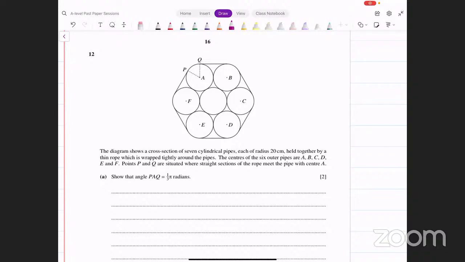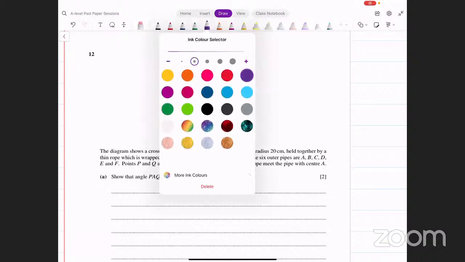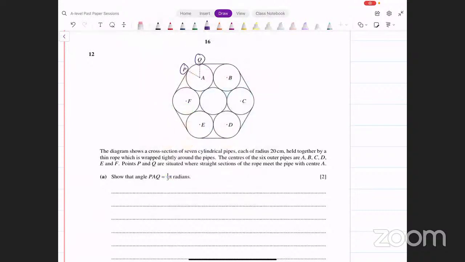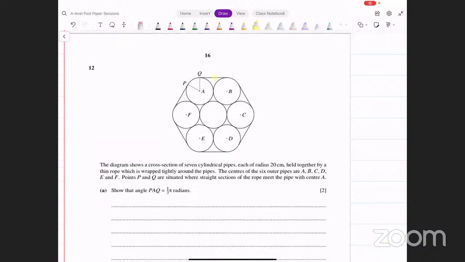Now we are told that the points P and Q are situated where straight sections of the rope meet the pipe with center A. Okay, so this is point P. This is point P here. This is point Q. They are where the straight sections of the rope. So this is the rope. ये जो आपको side पे नजर आ रही है आपकी rope है. P and Q are the point where the straight sections of the rope meet the circle that has the center